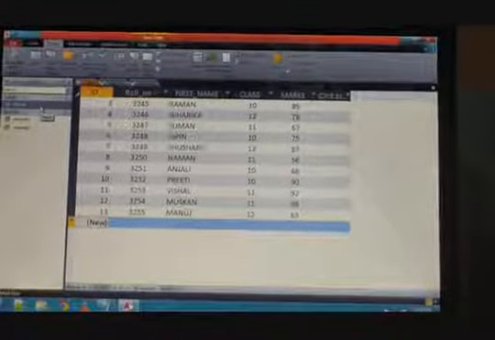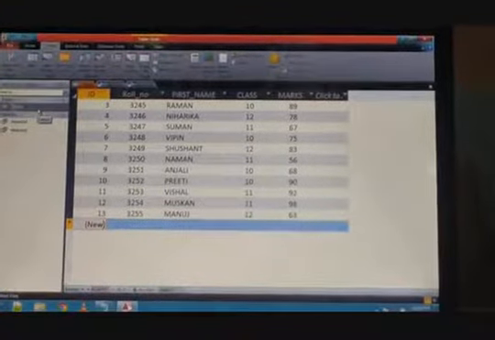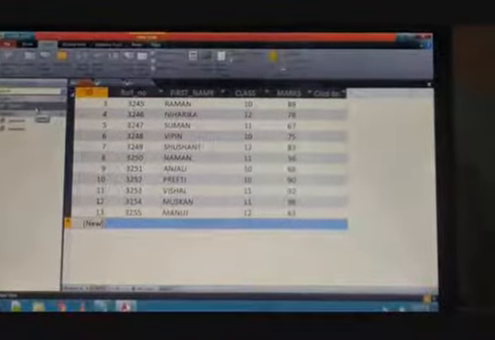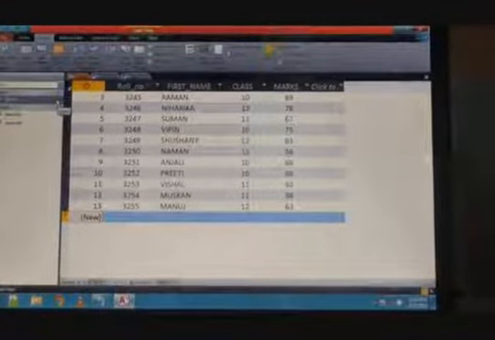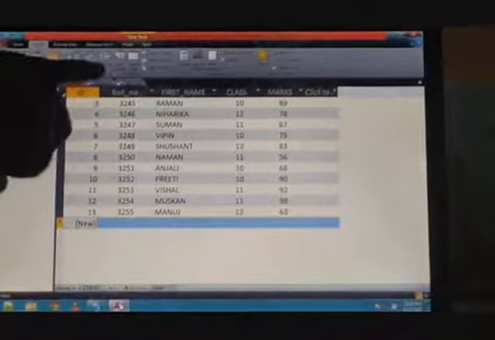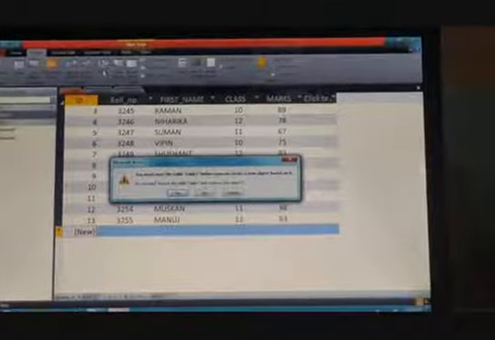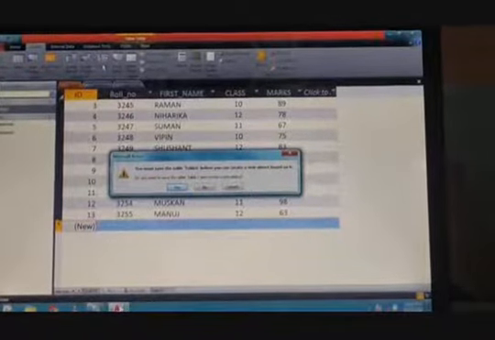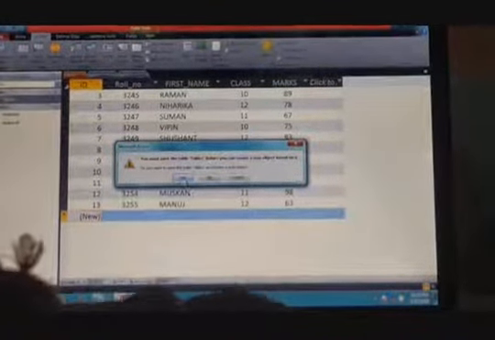That means you have to click on the table name in the navigation pane. I have already selected this table. So after selecting, you have to click on the form option. This is the form option. Yes, you must save the table. I have not saved the table, so firstly I have to save this table with the name student.